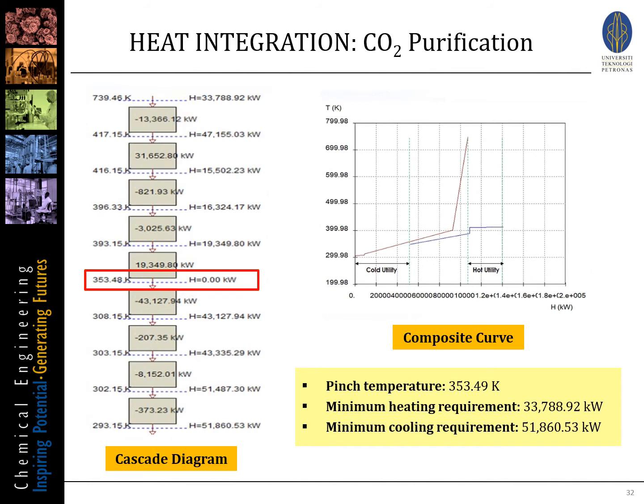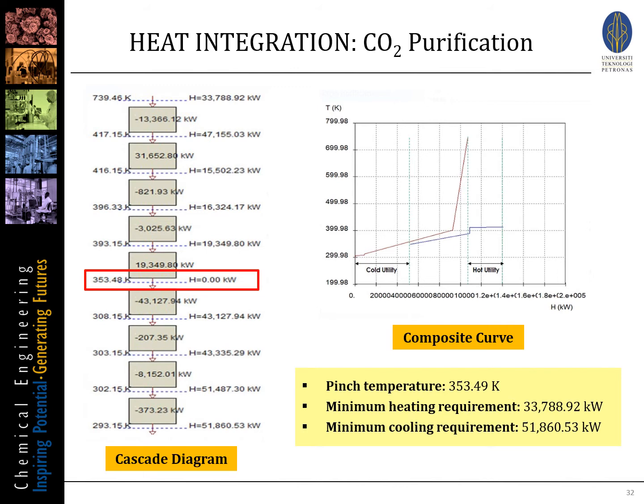Okay, in this part, the heat cascade diagram, composite curve, and minimum heating and cooling requirement will be further discussed. As we know, a minimum heat transfer driving force must always be allowed for a feasible heat transfer design. Therefore, a minimum temperature difference, delta T min, is set to be 10 degrees Celsius. Based on the heat cascade diagram that is obtained from HINT software, it can be observed that the pinch temperature is at